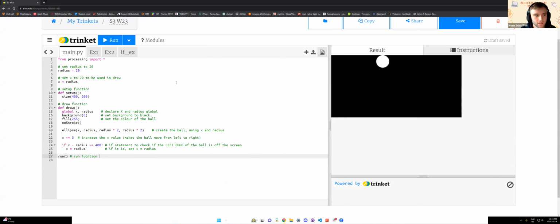What that means is just putting little comments. If you don't remember, comments just need to be preceded by the little hashtag, and anything to the right of that will not be read by the code. It's like adding notes throughout your code so that you remember what it does.